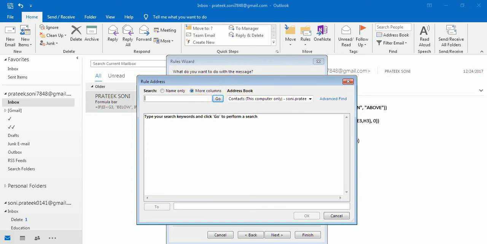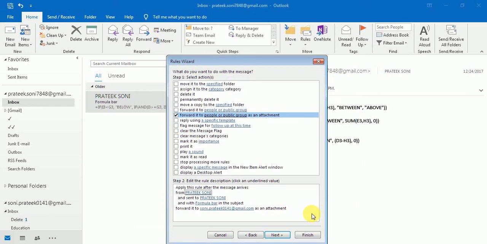But as right now I am not maintaining any address book, I will simply write in To, meaning to whom we want to forward. Sony.pratik01441, so this is my other email ID. Then click on OK.